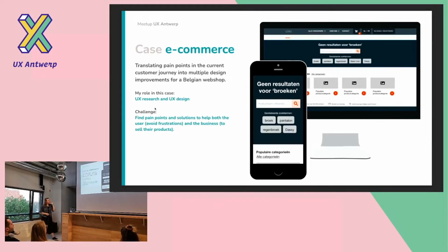Yeah, and a case that I link to it is a case from, I think, 1.5 years ago, where we looked at Hotjar recordings and heat maps for an e-commerce website, a Belgian web shop. And looking at the recordings of how people use the website, we found out that there are many pain points in the pages that are a bit deeper. For instance, the page where they end up when there's no search result. They try to search and they go to search results, but there's no result. And this is a dead end. There's no outward path foreseen.